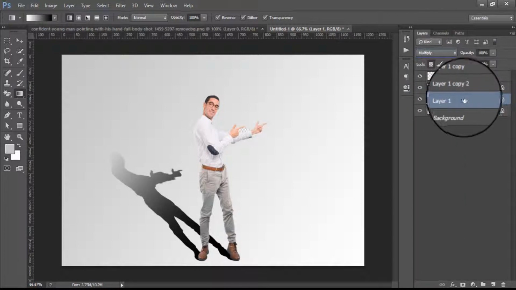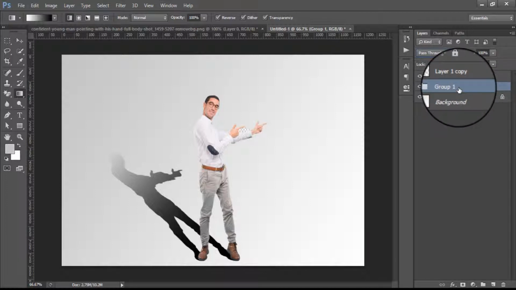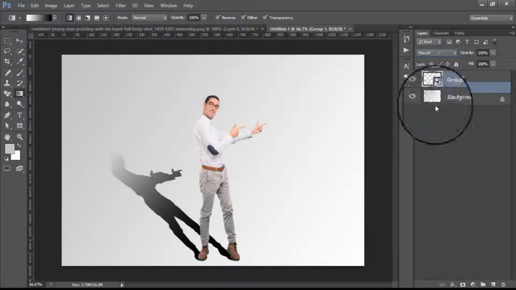and now select these two layers by holding the Shift key and then press Ctrl G. And now it could be like this, and then right click and convert to smart object and change the blend mode